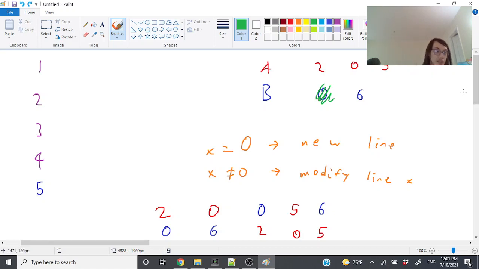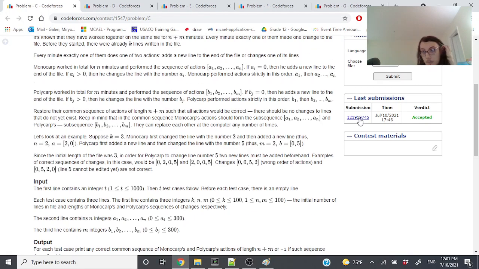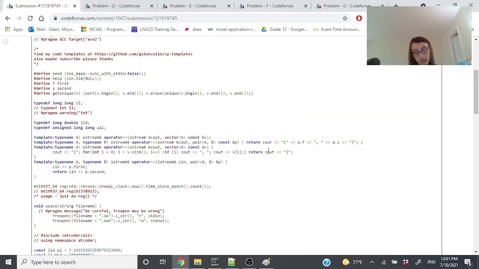Because also, the order of the operations doesn't matter. So if we can't do them, then we'll never be able to do them. There's no sequence of operations in which we can do them. So essentially, we're doing greedy. At every step from A or B, we just take any move that's possible, and then if it's 0, we add 1 to the lines and we continue. So for example, here,